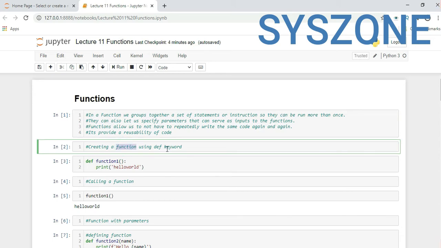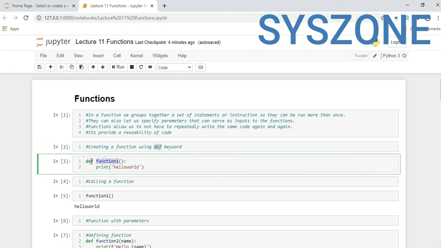In Python, if you want to create a function, you have to use the def keyword. Here, if you see, I have created a def function_one. So this is a user-defined function. You have to make sure that whenever you are creating any function, you don't give it a name which is already built into Python, like len.